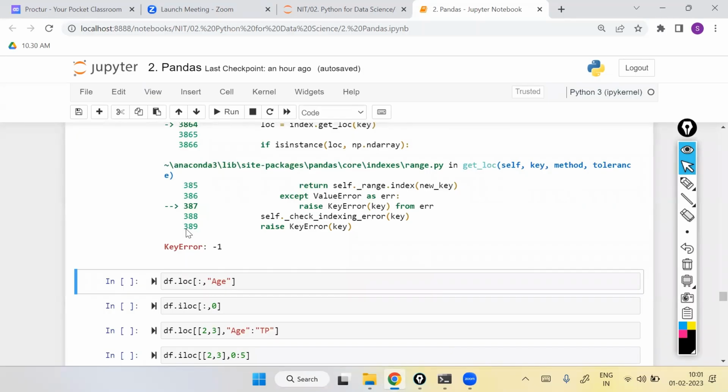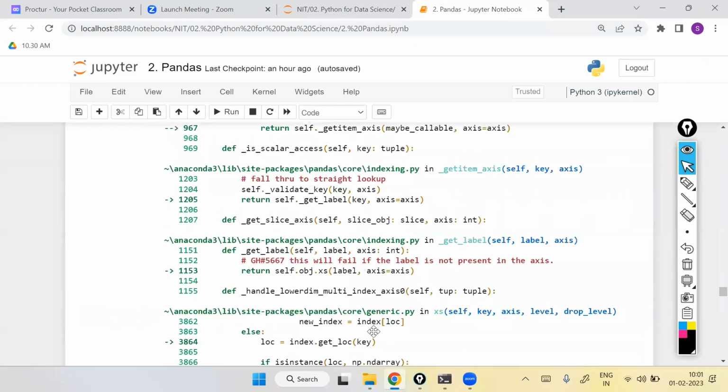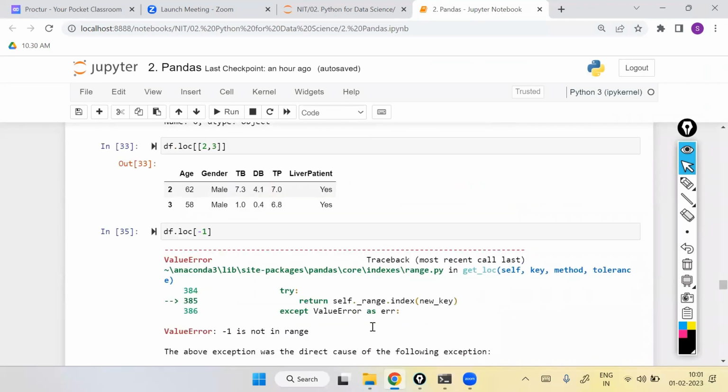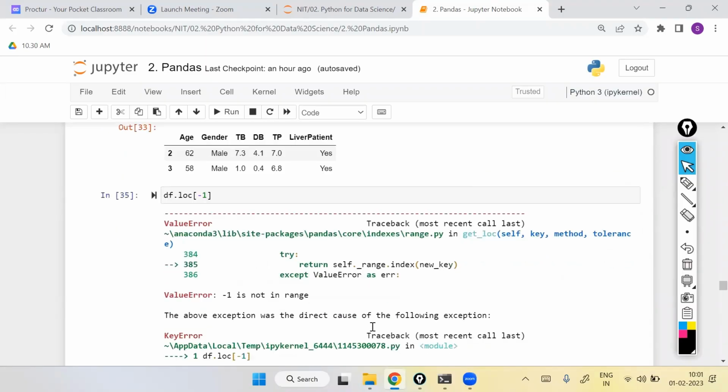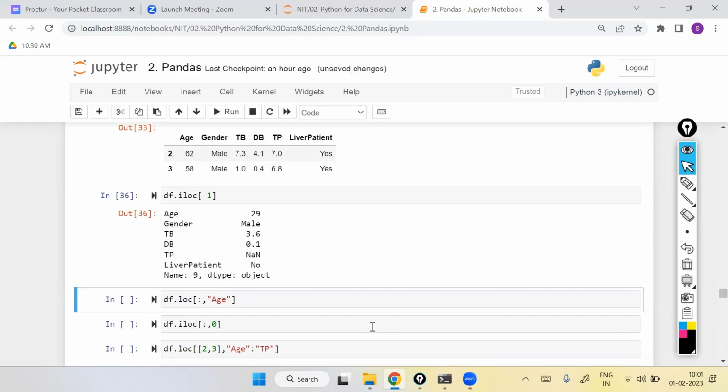Okay, the key name is not available with -1. Only the index number of -1 is there, but the key name is not there. It is going to throw the key error. The name is not available. Is that clear now? If you are using the same example with iloc, it is executing because it is an